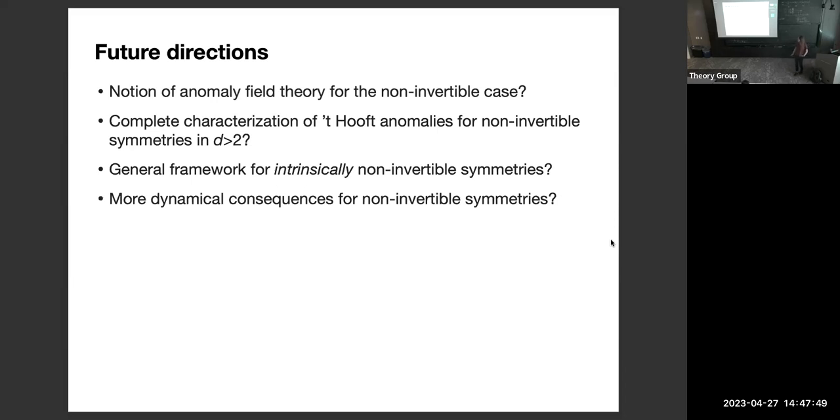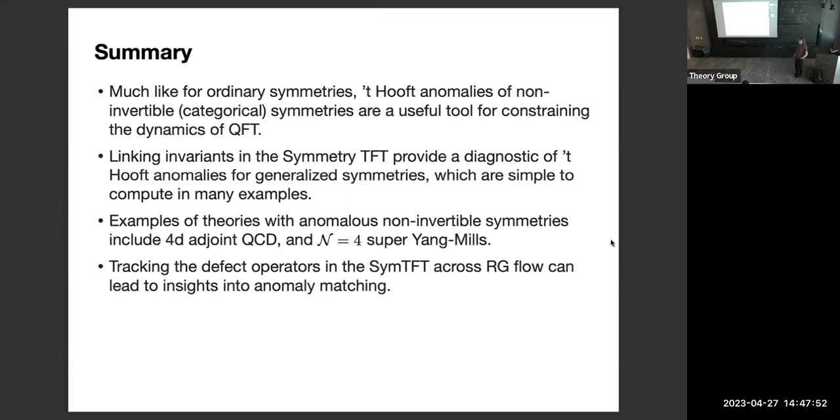So we want to have something that applies to those. Let's go back to the previous slide. The N=4 case that you're mentioning. Here, can that be engineered in string theory? N=4 super Yang-Mills, yes. Is there some picture for what the symmetry TFT is? Oh, yes. The symmetry TFT is one very natural way to think about it from string theory. In string theory and in holography, we're usually thinking about symmetries as gauged anyway, and so it's very natural to think about this object of the symmetry TFT in the string theory context.